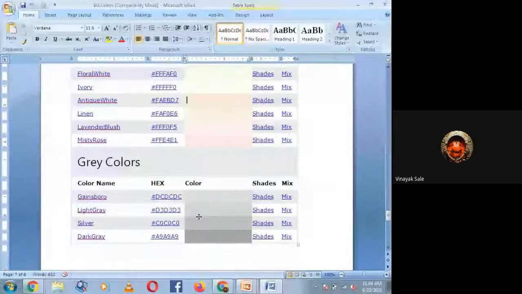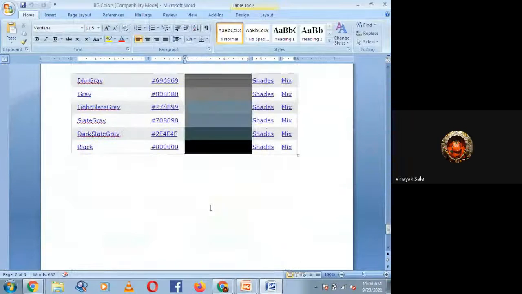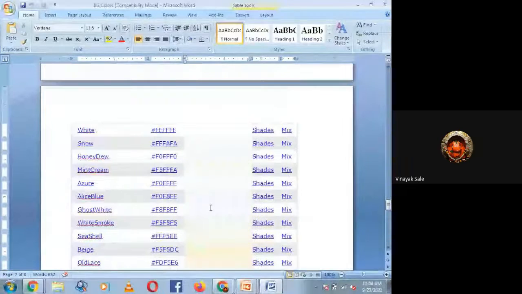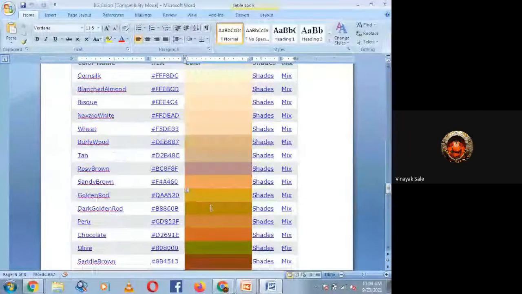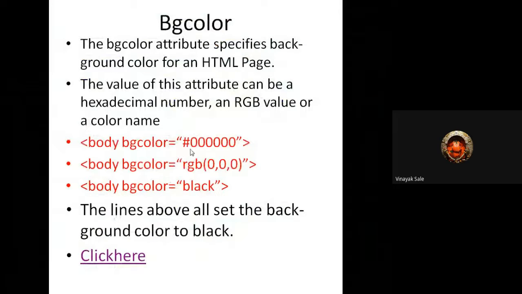Then gray color. Okay, you can set background color either with hexadecimal, by giving a combination of RGB color, or by giving a particular name.